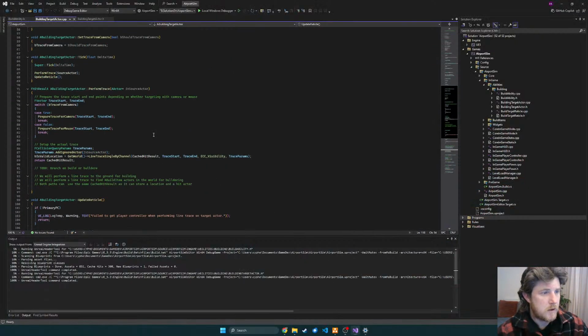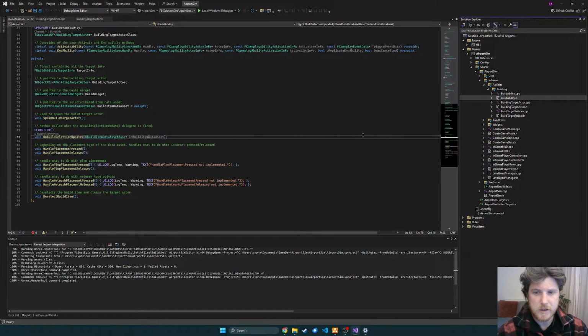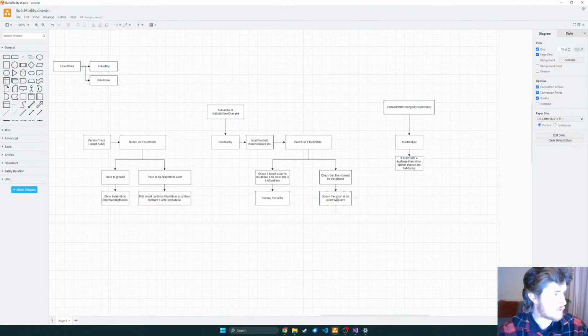So what I'd like to do today is start putting in a framework for the ability to bulldoze items. And so we're going to keep it in the buildability. We're going to create an enum that's going to be build state. So we're going to switch from building to bulldoze. The UI needs to be in control of it, and it's going to be a delegate that fires it. So if we take a look at this plan here,